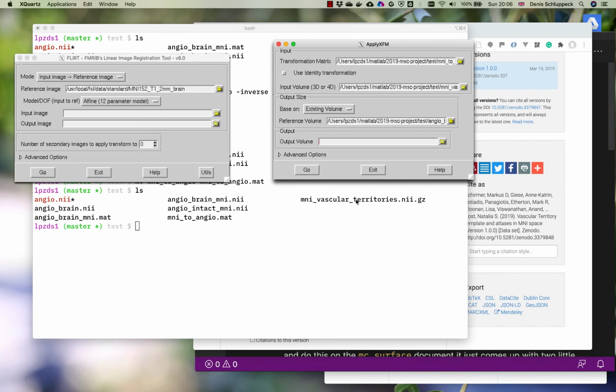to mirror the MNI vascular territories. I'm going to call that angio underscore vascular underscore